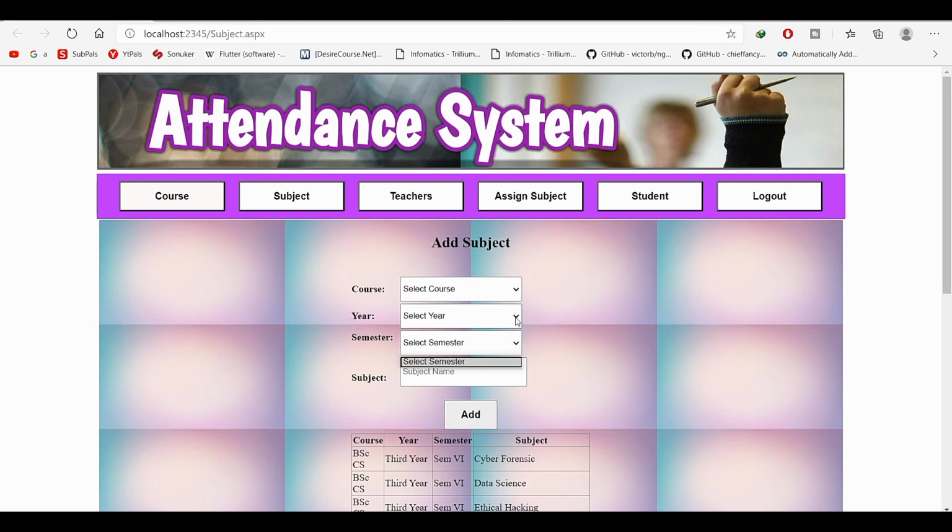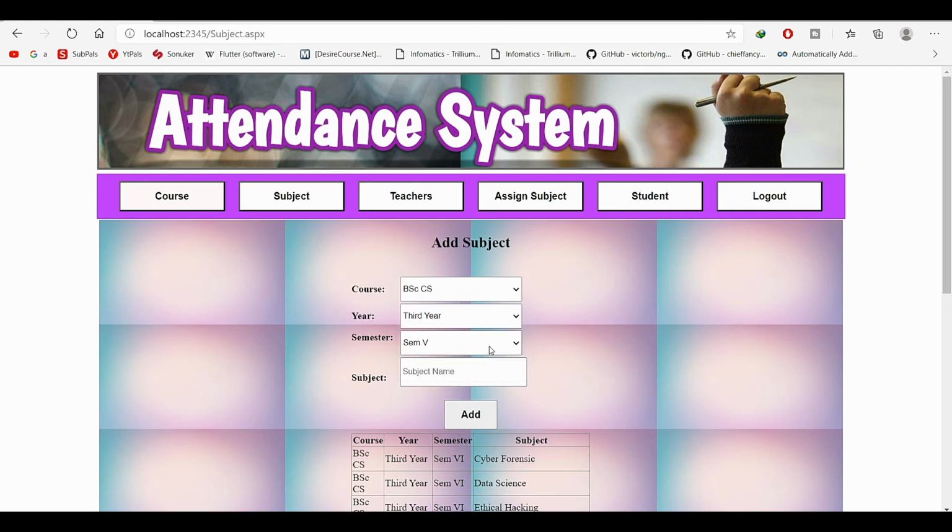Here when admin is going to select the course, then select the year, then automatically the semester will bind. For the first year it will bind sem 1 sem 2, for the second year it will bind sem 3 sem 4, for the third year it will bind sem 4 sem 6.